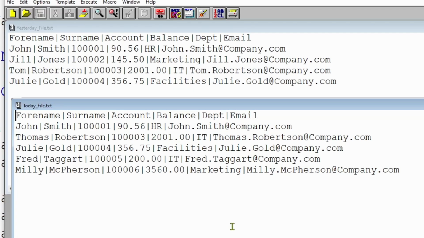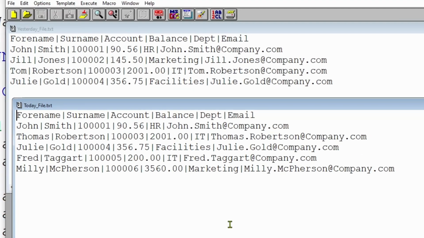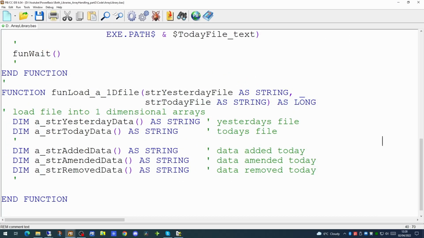This gives us 6 columns, and the column which contains the unique information is the account column. So we're going to create three local variables, one to keep track of the delimiter, in this case the pipe character, one to keep track of the unique field name, which is the account, and one to hold any errors that occur during our comparisons.